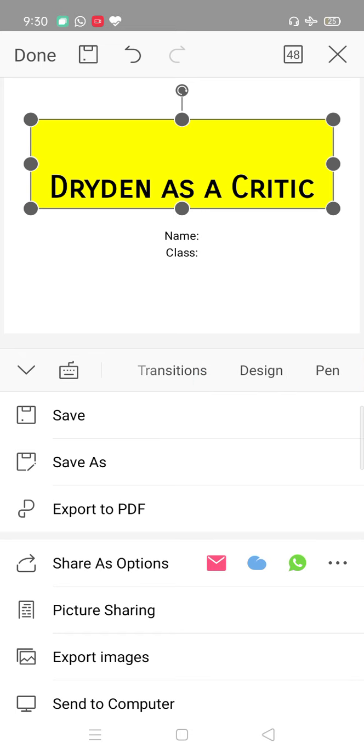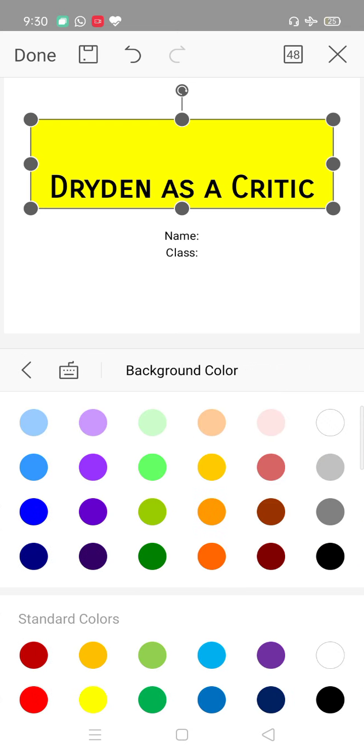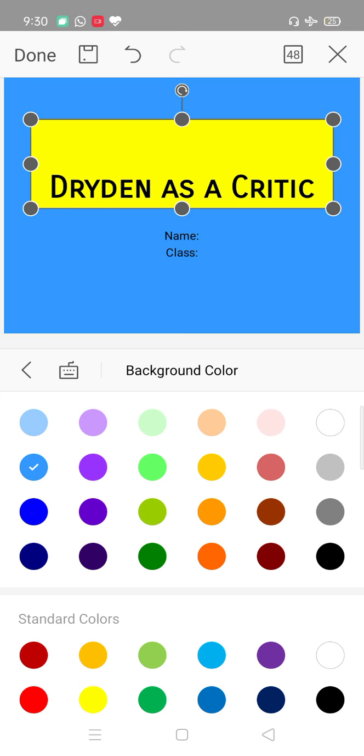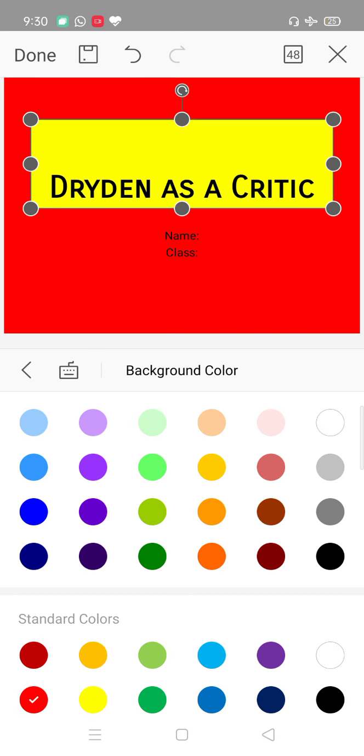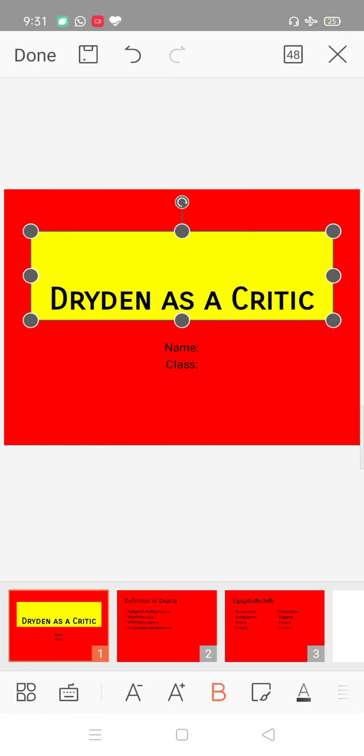And then this is file, which is not so important right now. Go to this designs, okay. Design means your background of the whole slide, okay. Now if you want to keep some specific design or color of your slide, then you can do it from here, right? I say for example this color, whatever background color you want to choose. I take red, and don't forget to click on this button apply to all slides, because the background must be common with all the slides, okay.